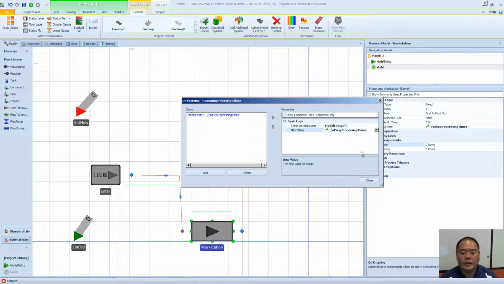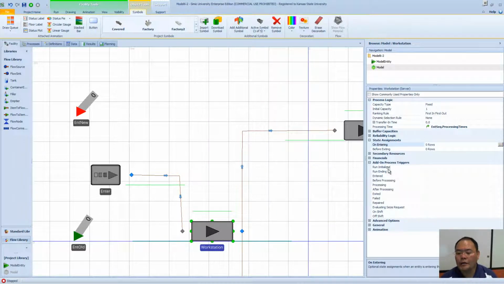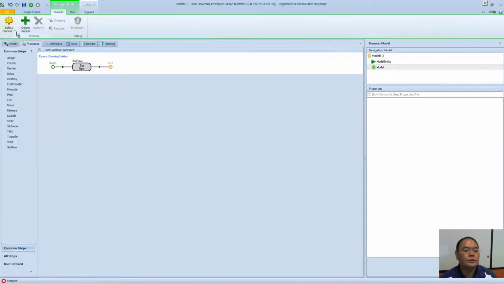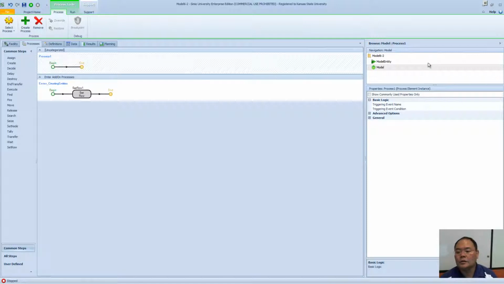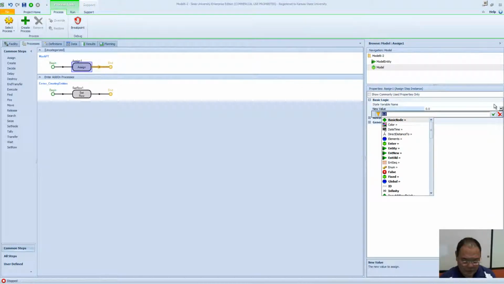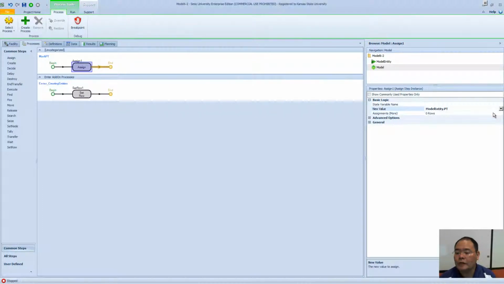Actually, I'm not going to do that today. I'm going to delete that and show you another way using an add-on process. So I'm going to start an add-on process, come in here, and create a process on its own. I'm going to call this process Mark PT. Basically, I'm going to assign the model entity PT to a specific value. Sorry, the wrong place. I'm going to copy here and call this